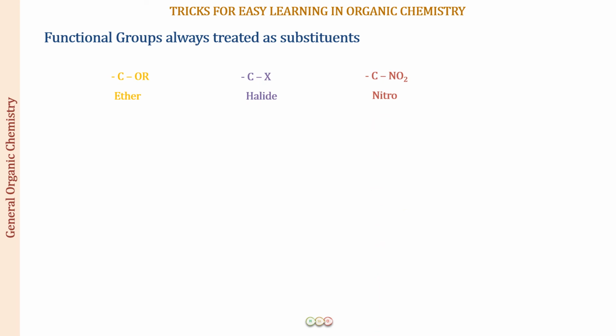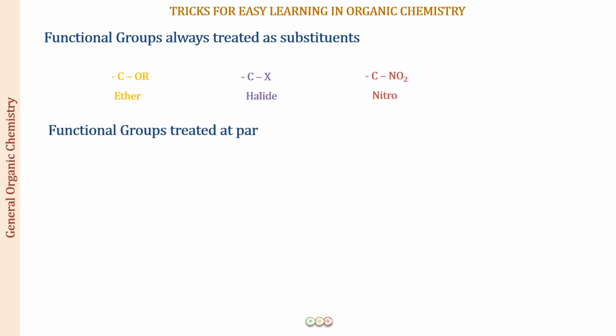So if you remember, when we have an ether, the name of the compound becomes an alkoxyalkane. Similarly, with a halogen atom, the alkane will become a haloalkane, and with the nitro group, it will become a nitroalkane. So all of these are coming as prefixes. We do not treat them as the principal functional group. So there is no priority order for them. Whenever they are present, you have to arrange them alphabetically as the substituents.